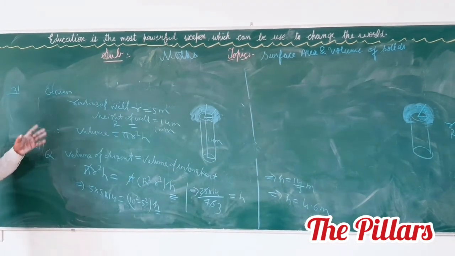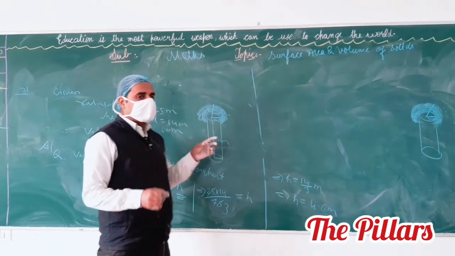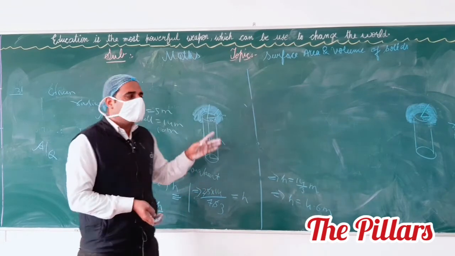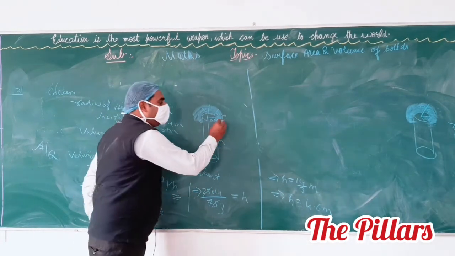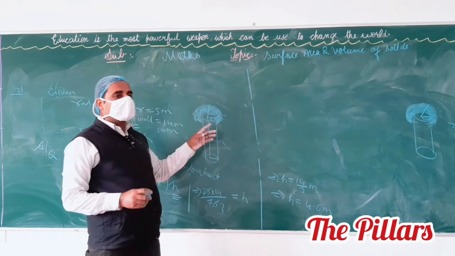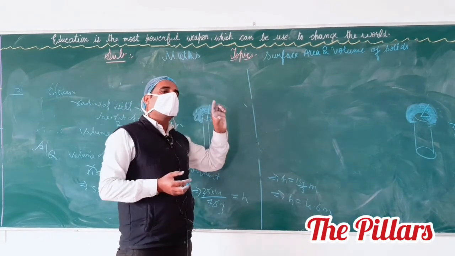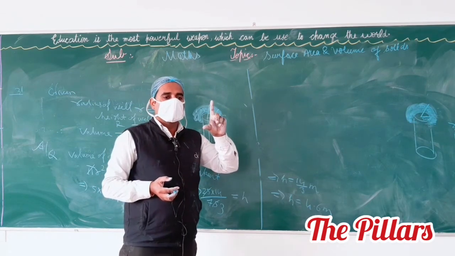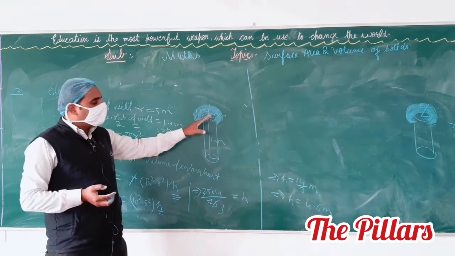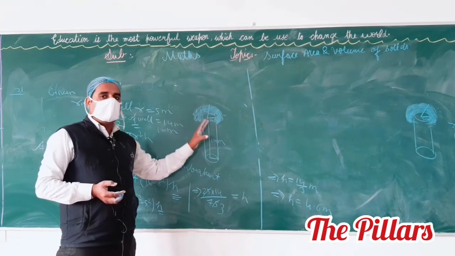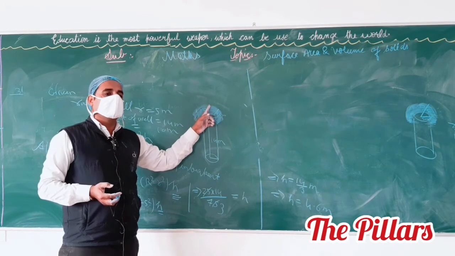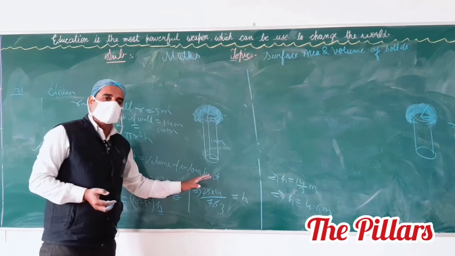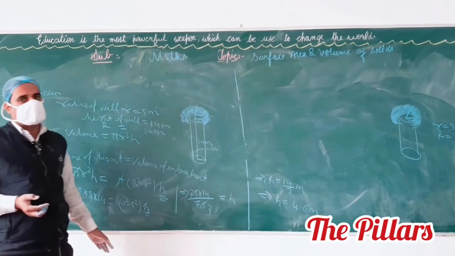4.6 meter. Once again I will repeat this question. The question says suppose we want to dig out a well. With this volume we make an embankment around the well. The question has asked till how much length we have to make the embankment. It means the question has asked about the height. We have to calculate the height of the embankment. According to the question, volume of dugout equals the volume of embankment, and we have to calculate this one.